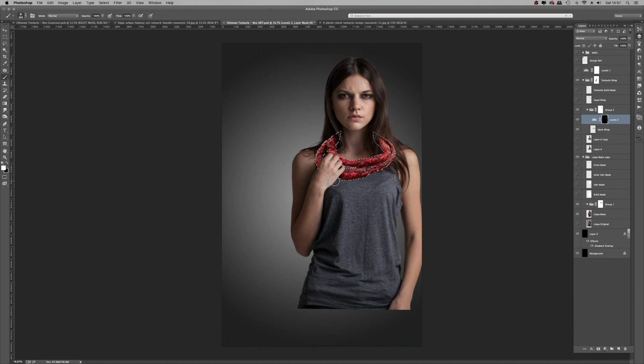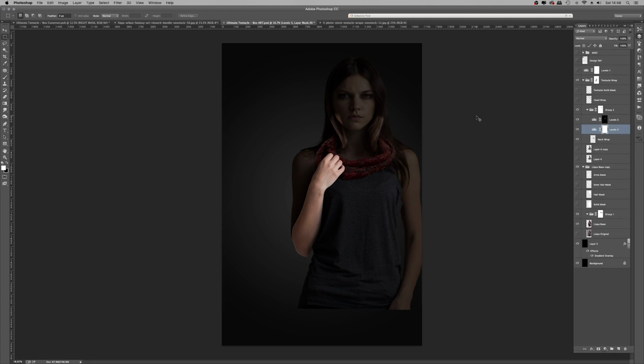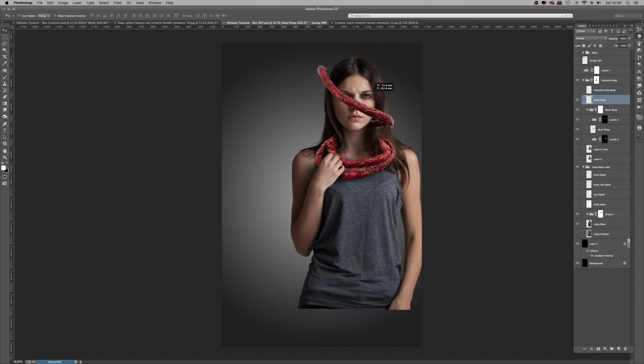Command click the tentacle wrap, and then we're copying the same trick again. Levels adjustment layer over the tentacle wrap, command and click to ensure the brush strokes stay within the tentacle area, and then we're using the levels trick once again to control the level of opacity of that shadow. And then we've got that face and neck tentacle.